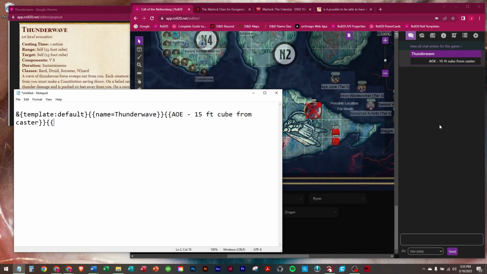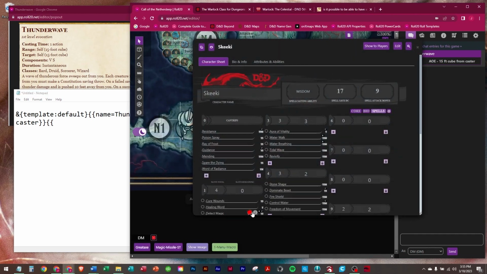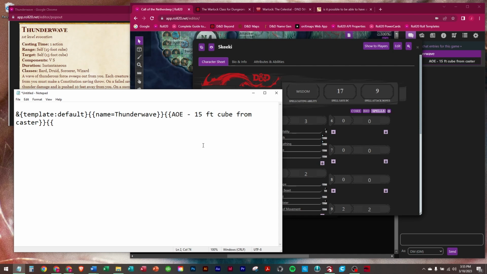So the second thing after the AOE range is, if there is a spell DC, then we need to figure out what, in this case, Skeeky's spell save DC is, which is located on his character sheet under the Spell tab, Spell Save DC. Okay, so we're going to go DC: and get Skeeky's spell save DC